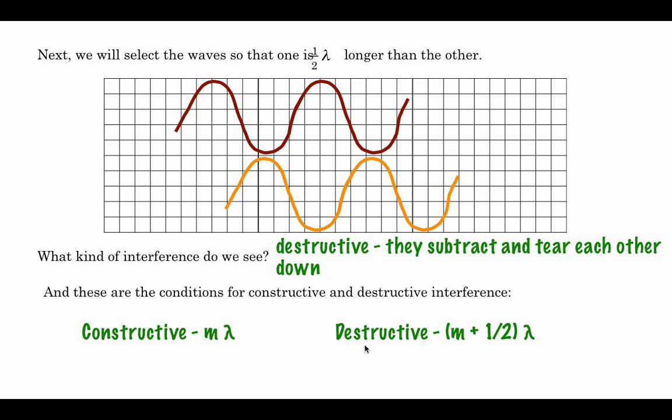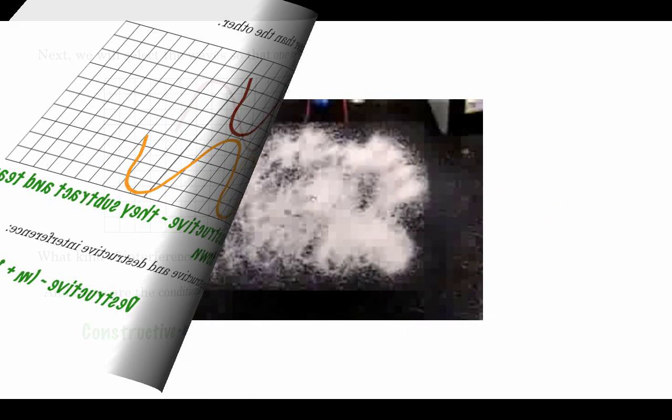Destructive interference is basically when any waves are off by any half integer number of wavelengths. So these two waves could be off by 3.5 wavelengths, 4.5 wavelengths, whatever. As long as there's this factor of a half in there, they interfere completely destructively. And these are two very important conditions. All right, as we move along,